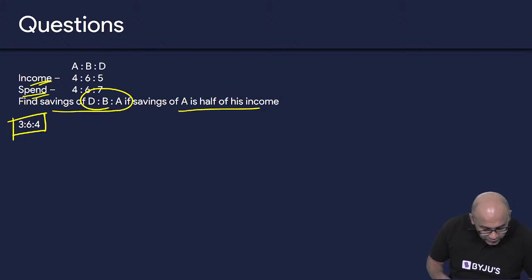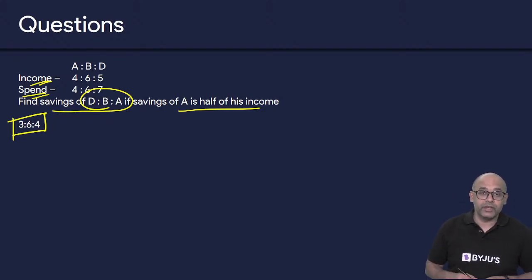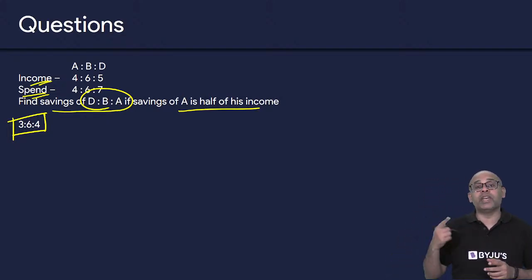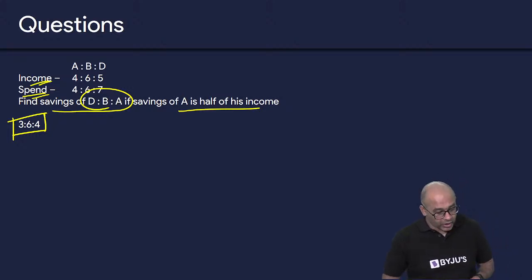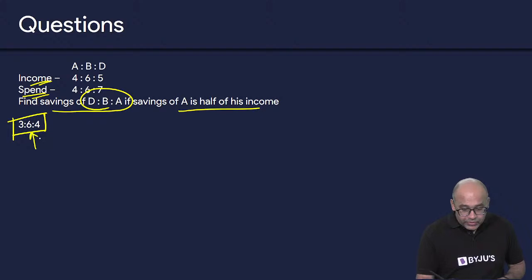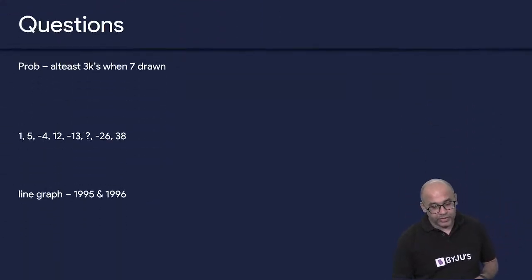8 square is not 64, Ronak. That is correct. But you can also look at 64 as 2 power 6. All of them were powers of 6. Everything except 1000 can be expressed as powers of 6. That is the logic there. Okay. So the answer to this is 3:6:4. No, Sanskar, it is 3:6:4. I'm pretty sure about that.